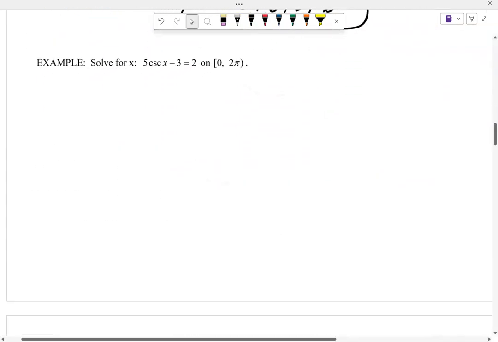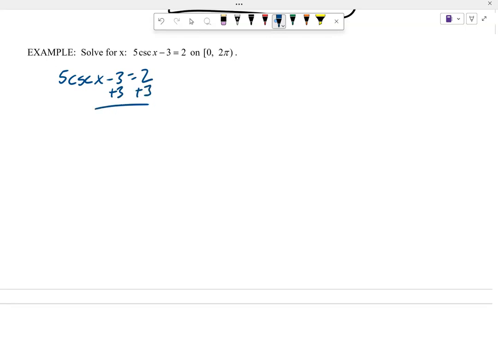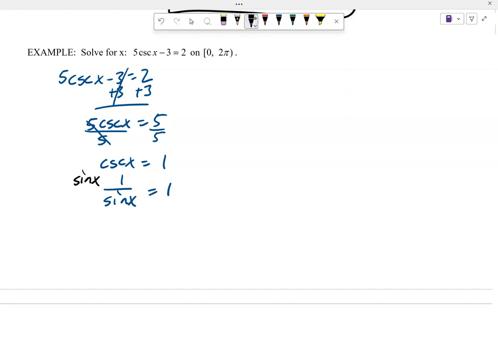Now let's take a look here at this 5 cosecant x minus 3 equals 2. We're going to isolate our cosecant, our trig function. So we're going to add 3 to both sides. So we get 5 cosecant of x equals 5. Go ahead and divide both sides by that 5. So we get the cosecant of x equals 1. In other words, 1 over the sine equals 1. But we've got to get the sine on the top. So we get 1 equals 1 times sine. So sine